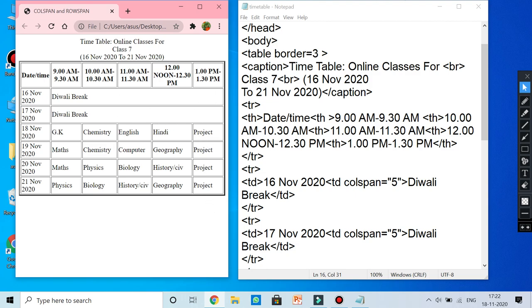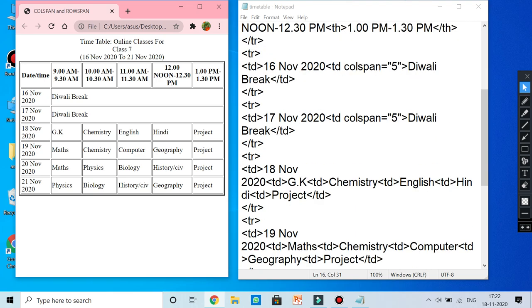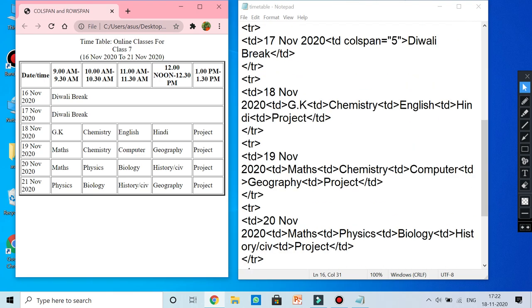Now we want to merge this project. So what we can do, it is given on the 18th November. Let us open the data here, TD, and then this comes last because we want to merge the project one.